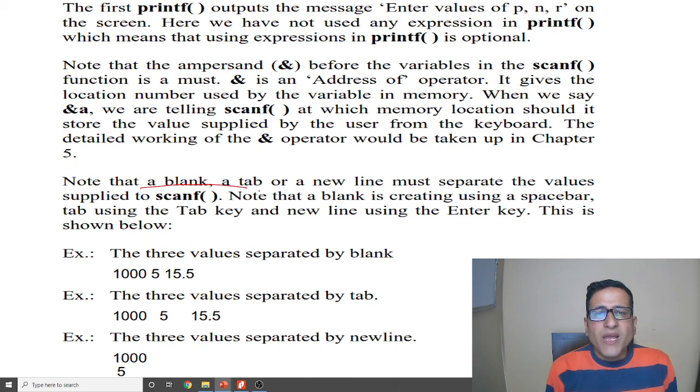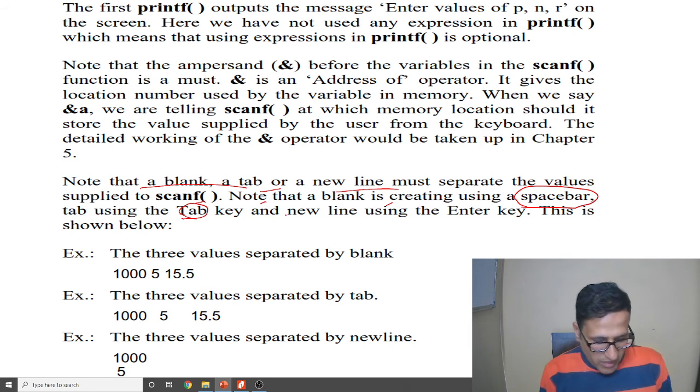Note that a blank, a tab or a new line must separate the values supplied to scanf. A blank can be created by a spacebar, a tab using the tab key which is on the left side of the keyboard, and a new line using the enter key.